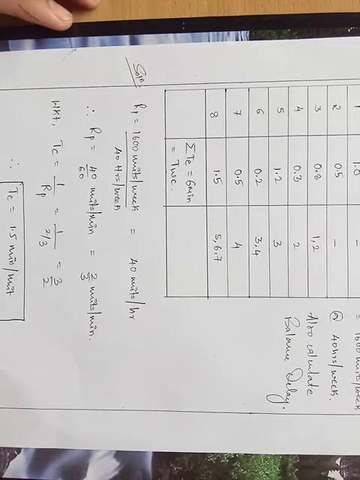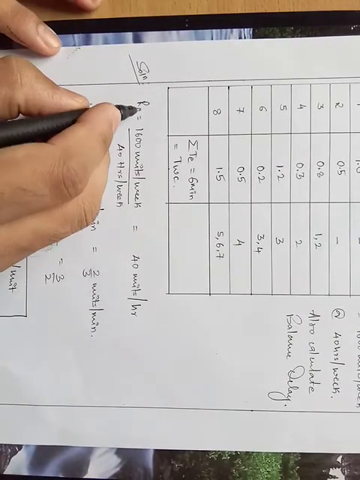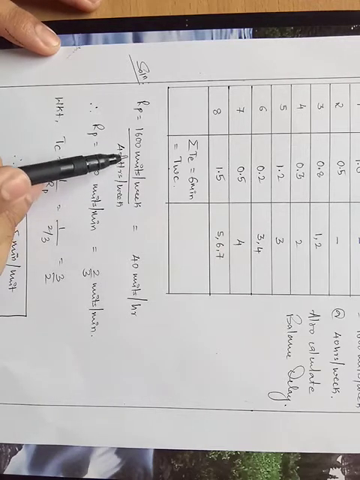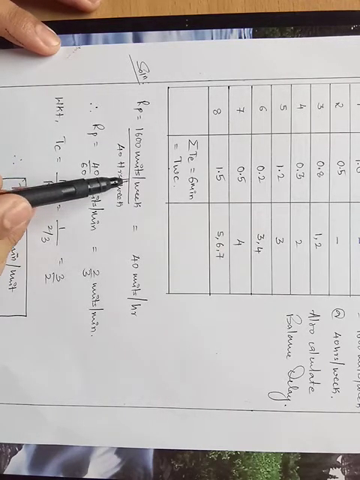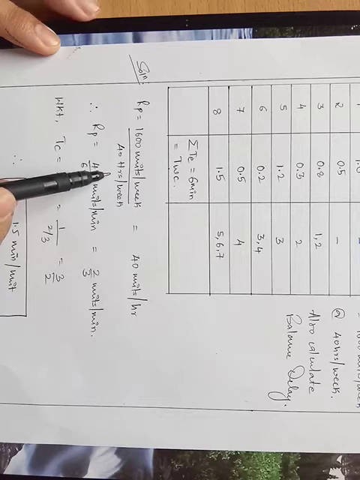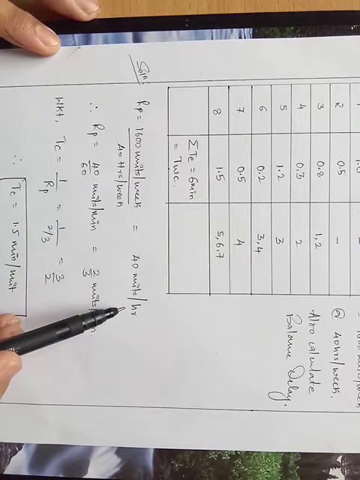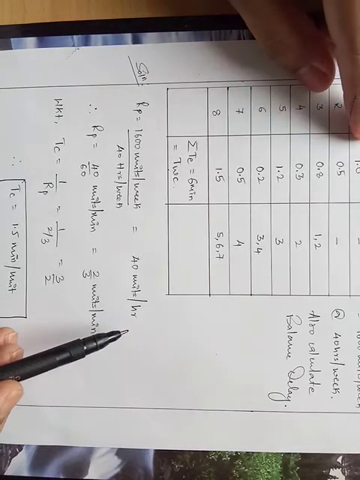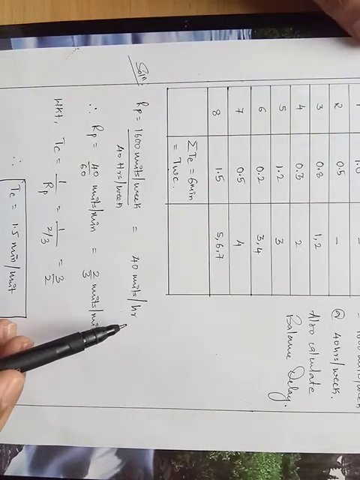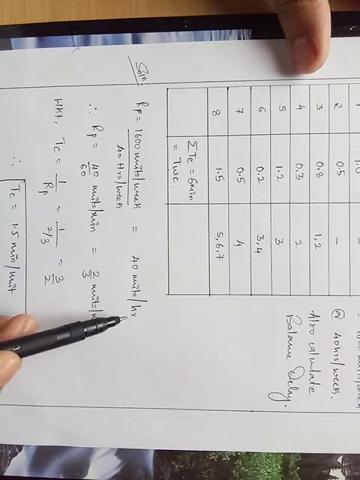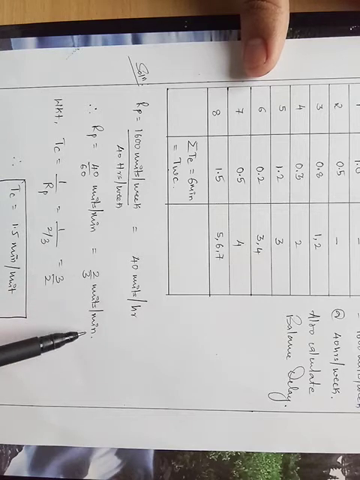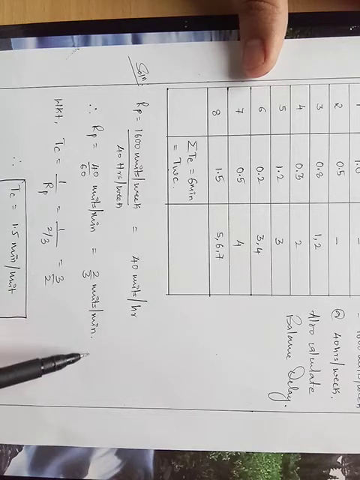So I have calculated production rate RP, which is given by the demand rate, 1600 units per week, divided by the working hours per week, and it comes out to be 40 units per hour. Since our element time is in minutes, I cannot keep this RP per hour, so I will be converting it into per minute. I have divided 40 by 60 and it comes out to be 2/3 units per minute. That is the production rate.